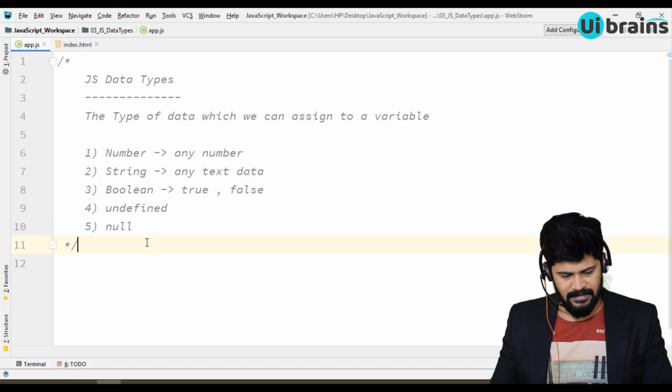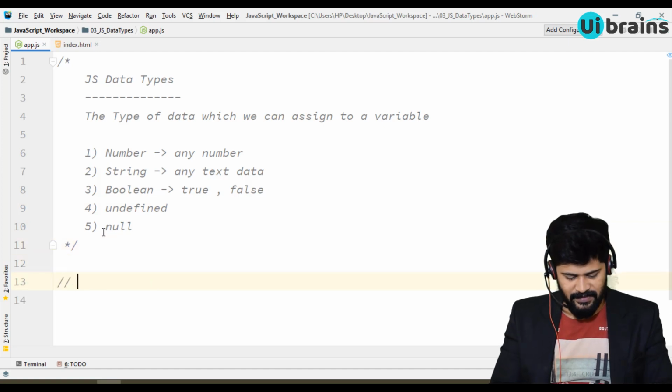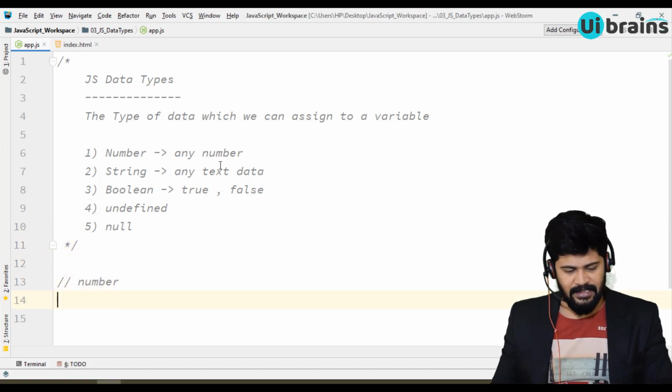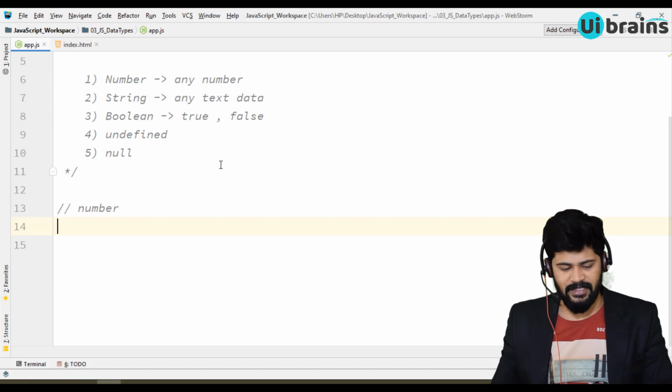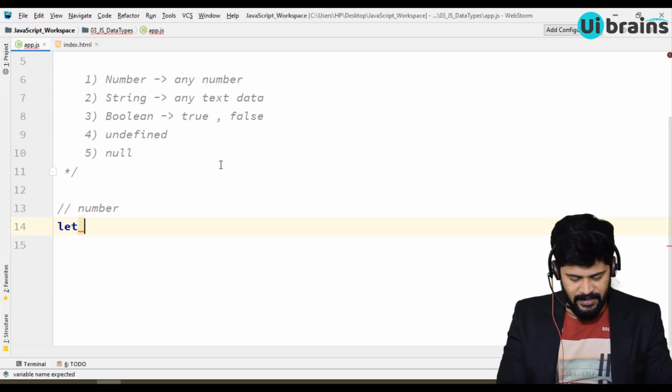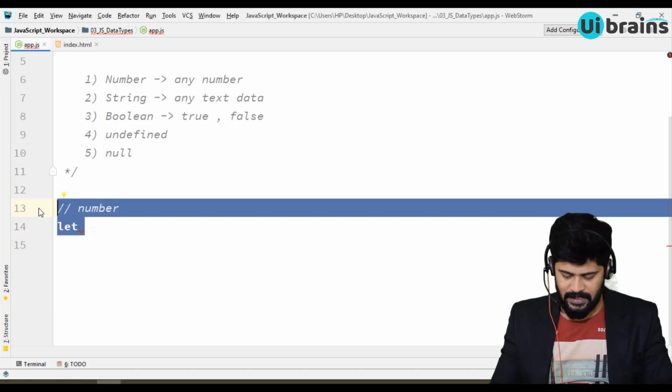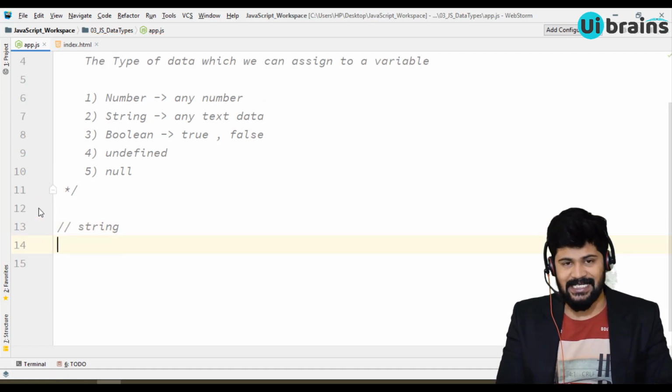First of all, number. Number means you can assign any type of number to a variable. But before number, I'll start with a string. Let's say I want to store an employee name.